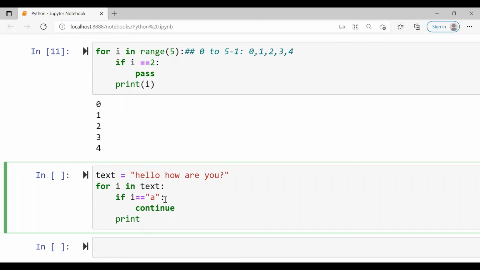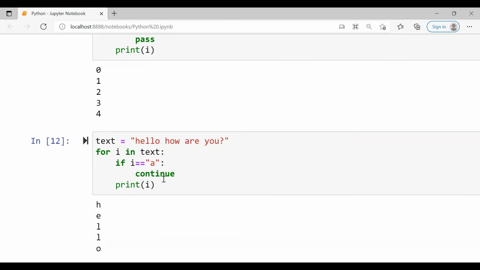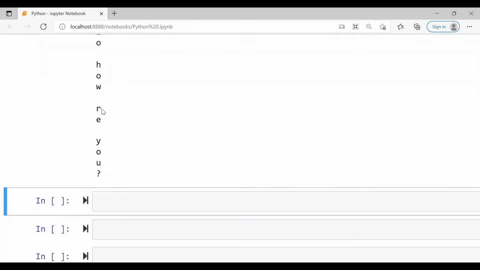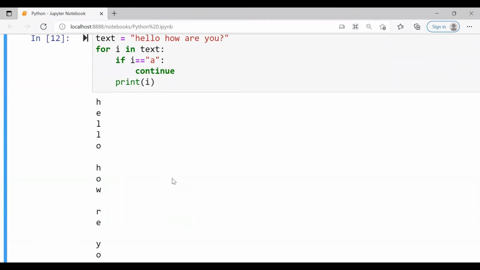Print i. Now, you know what is called the continue statement. So it has to skip this A. So in this string, we have A here in "are". So it has to skip that A and then print all other characters of the text. So let's see that. Right, see, hello, how, A, see here, A is skipped and all other characters are printed,